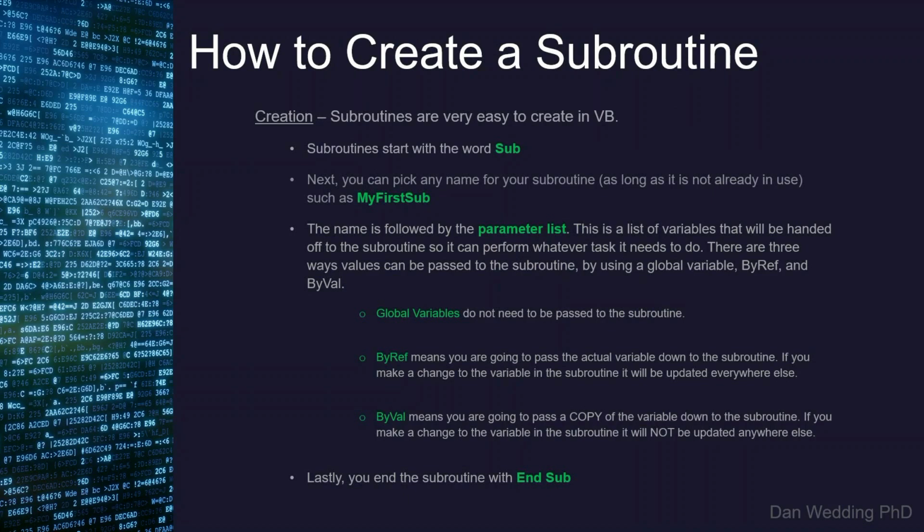Subroutines are very easy to create in VB. Subroutines start with the word sub. Next, you can pick any name for your subroutine, such as my first sub. The name is followed by the parameter list. This is a list of variables that will be handed off to the subroutine so it can perform whatever task